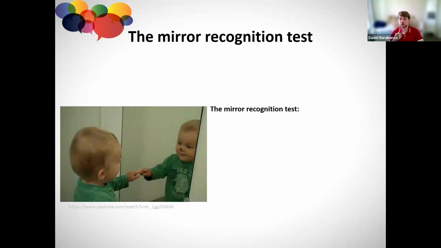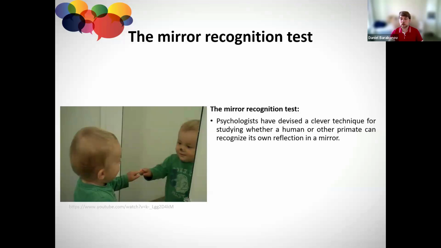Self is a reality which is accessible to you personally, in terms of like access to your inner world. But how we can actually measure, do other people have self and self-concept? One of the very smart and clever ideas was the invention of the mirror recognition test. So basically, psychologists study the reaction of a person or animal based on how they recognize themselves in the mirror.